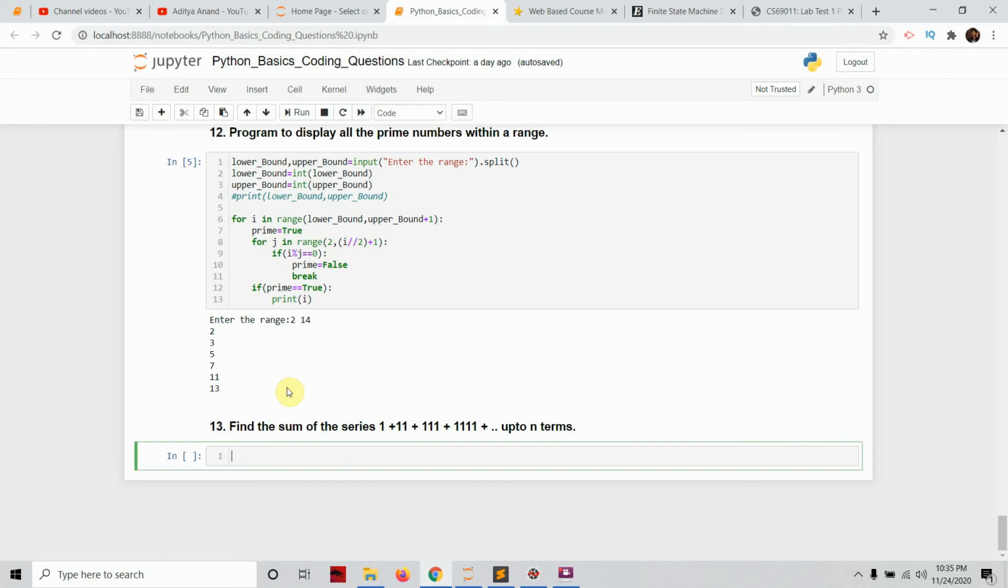Here we are with the 13th question, that is find the sum of a series, such kind of a series that is shown here, which is followed up to n number of terms. So finding the sum is not a difficult thing, but to generate such kind of numbers up to n